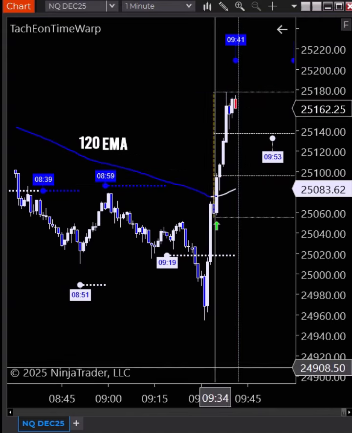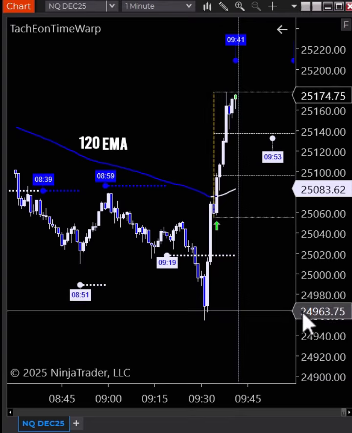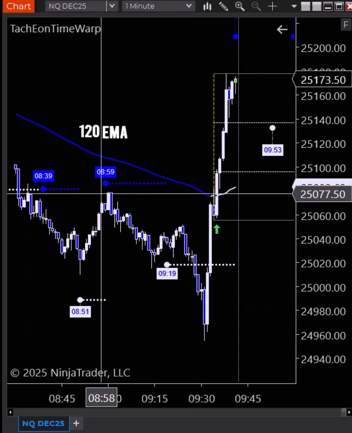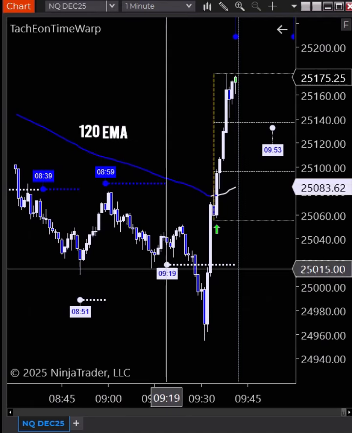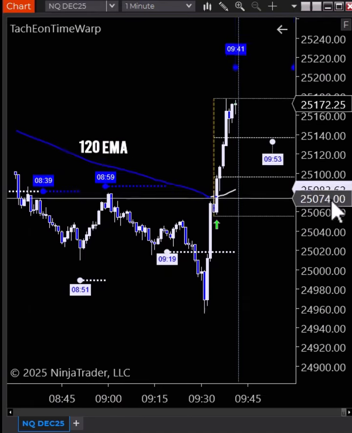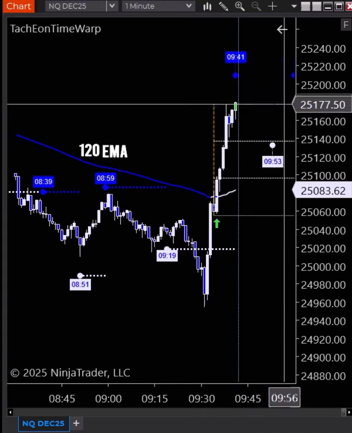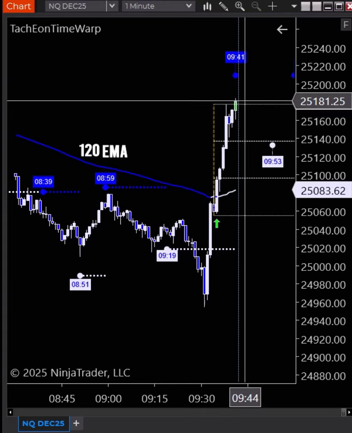So these are the kinds of trades that we want to show you in the live demonstration when you're looking at that opportunity and saying, why would I sit there and want to talk to somebody and watch their screens? Because you're going to see down moves at 839 and 859. You're going to see up moves at 851 and 919 and 953. You're going to see down moves at 941 or sideways profit-taking moves. This is what's happening